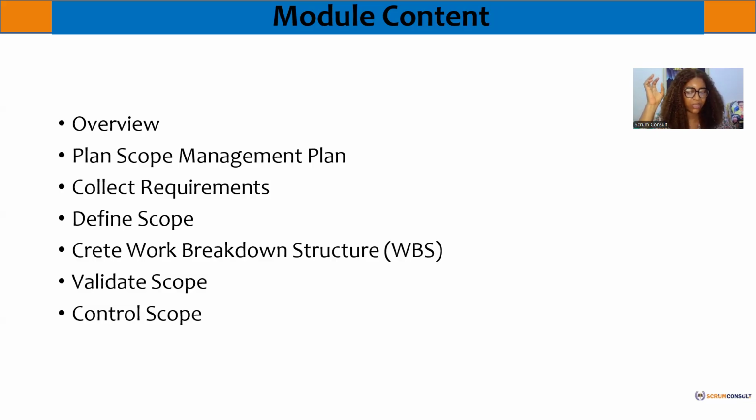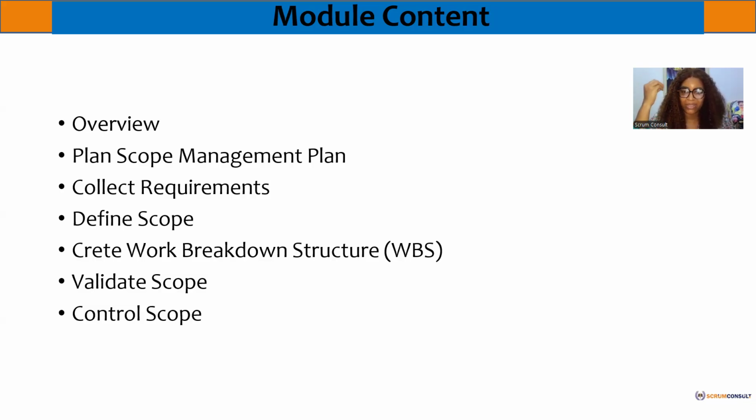And when you now sort out those things, you now create your work breakdown structure, which is the hierarchical decomposition of work to be done. Yes, we decompose, and at that point, you want to validate the scope. Validate means that you are going to seek approval, okay, from the stakeholder for the work that has been done. At this point, you're already executing, okay? And before you validate, you make sure you do quality control, or what we call verify scope. You would have verified before you validate.